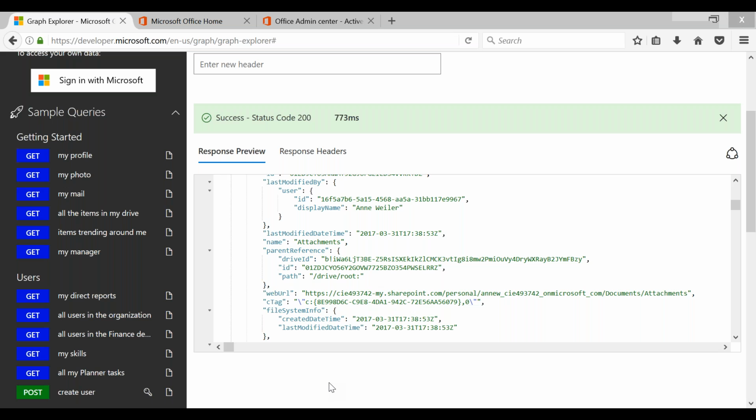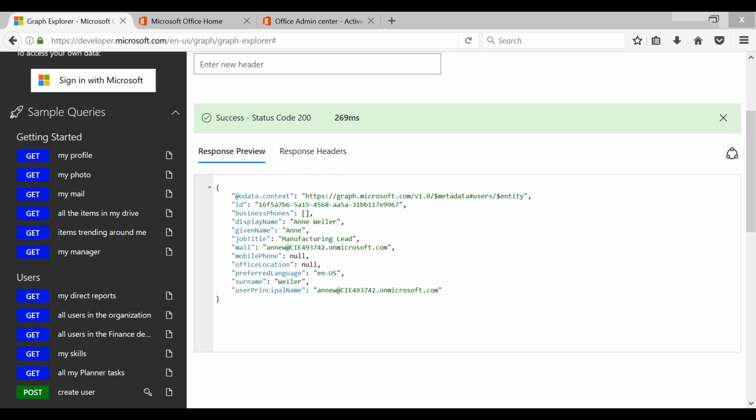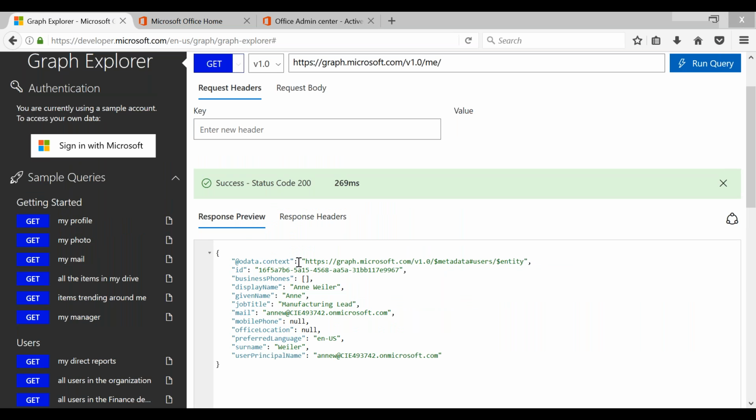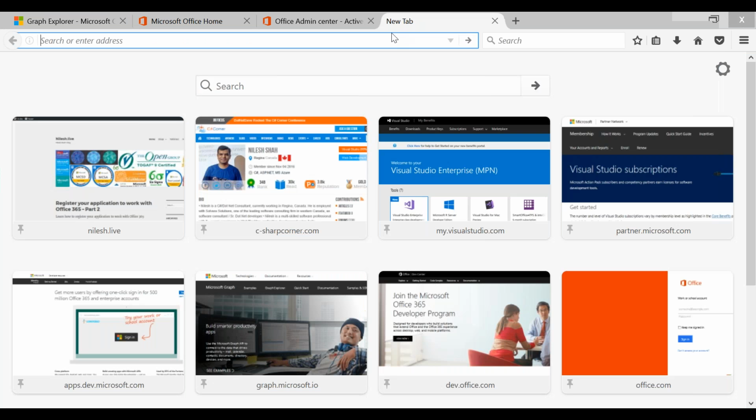And there is one more thing I want to show you over here. Let's say the user has taken this query for me. This OData context, how do you know what you will get in the output or what you have to pass into the input? If you see this particular link, you have this link to the OData metadata. That defines the JSON or whatever data is required as input, or what data you will get in the output. Just copy this URL in the OData context, and if you paste it,